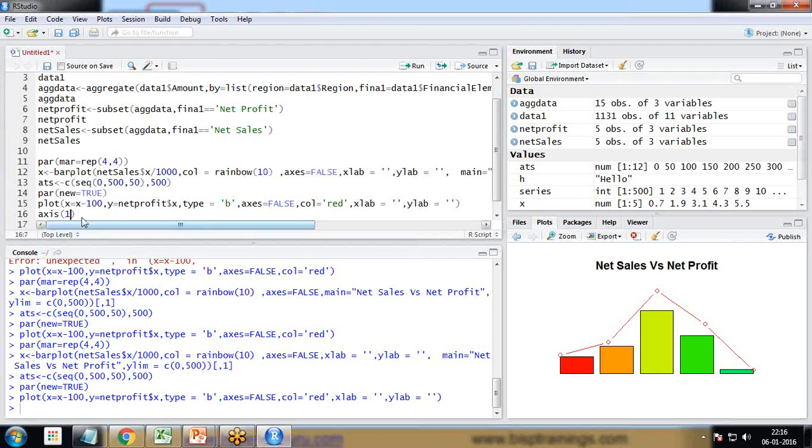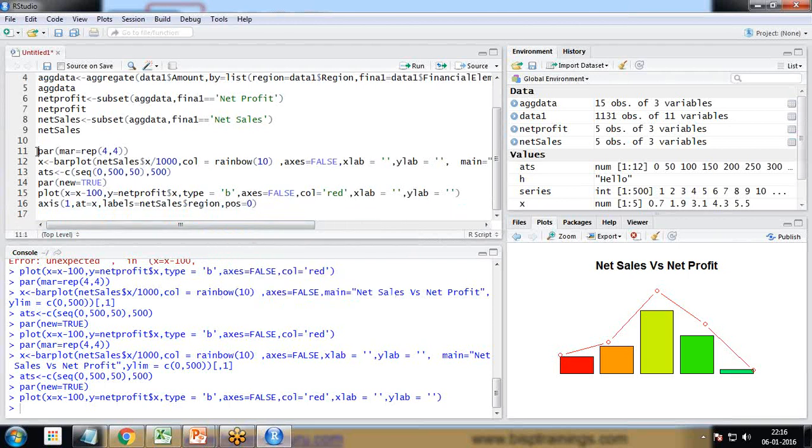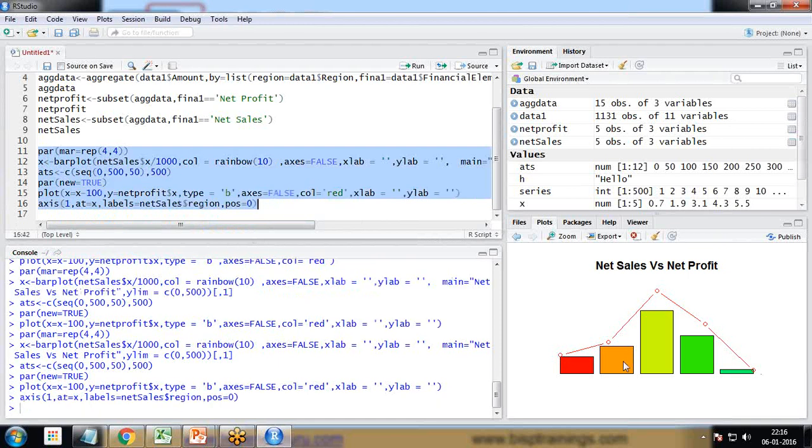So I pass here axis 1, comma, at is equal to x, comma, labels is equal to net sales$region, and the position is equal to 0. And if I run it again, we can see we have got the